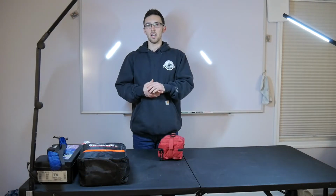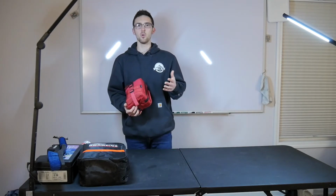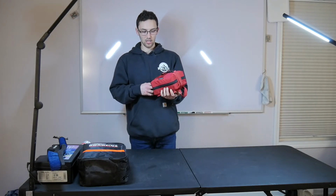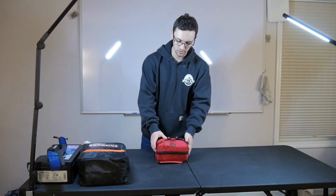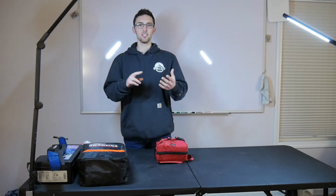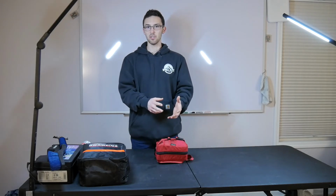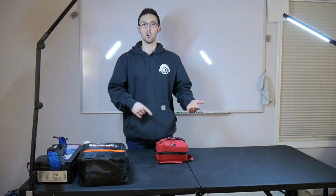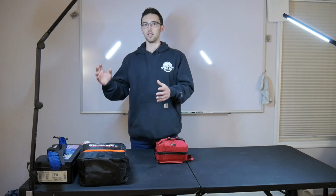So in terms of first aid, I always think it's really important to have some kind of med kit in your car. Even if you aren't somebody who typically goes out into remote areas, the med kit I have in my car is a Survivor Wear trauma kit. Now this thing has all the typical med kit stuff, including different types of band-aids, gauzes, bandages, wraps. It also has a tourniquet in here, has a SAM splint in there. Additionally, I've padded it with various medications like ibuprofen, all the way up through epinephrine, from the mild to severe